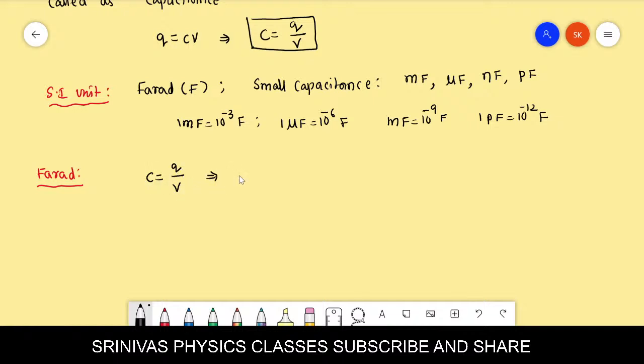For example, I am taking that if at 1 volt potential, if V is equal to 1 volt, and the amount of charge stored is 1 coulomb, then what about the capacitance? Capacitance is C is equal to Q by V. We write Q as 1 coulomb and V as 1 volt, then we will get C as 1 farad. That means if,